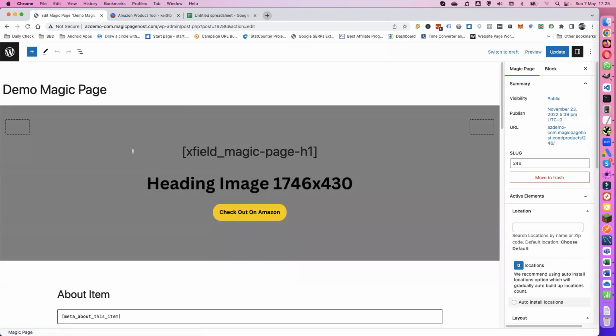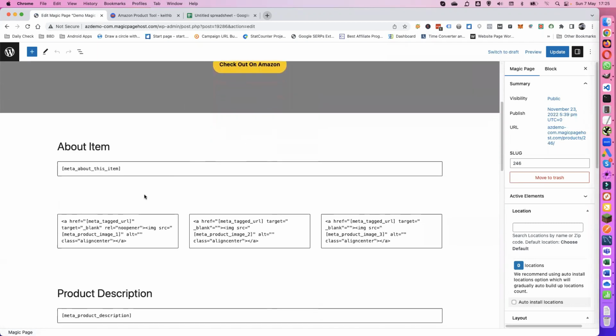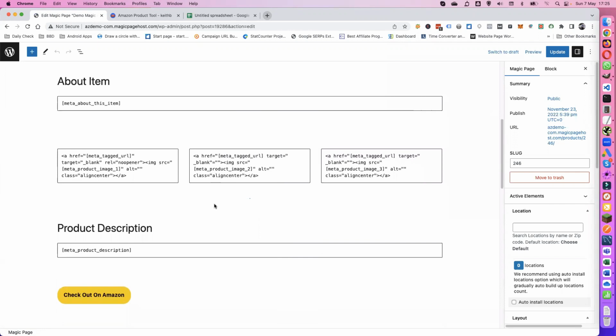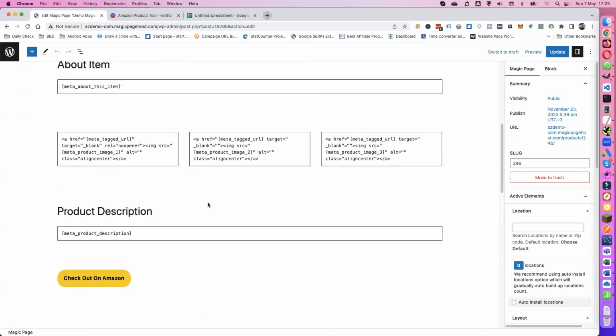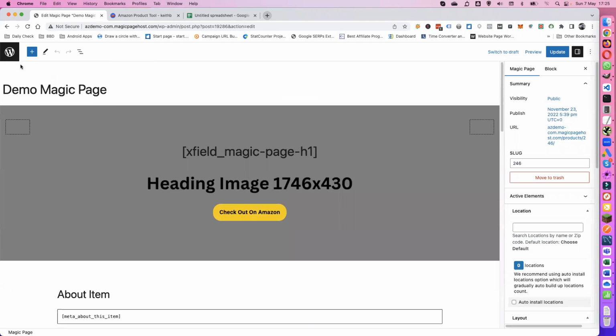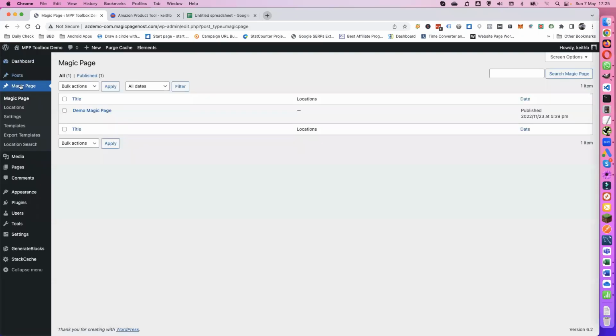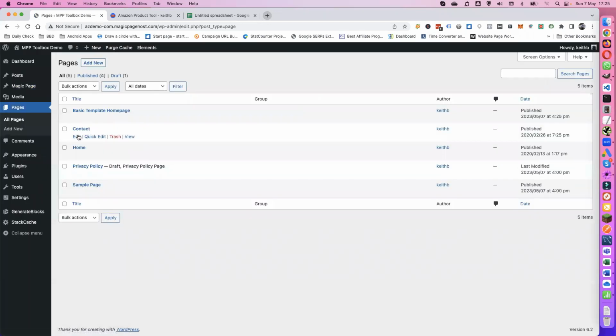you'll see what it's coming as. It's got this heading image, it's got about this item, and it's got all the details there ready for when you actually import stuff in from your database. And then if we come out and we go to pages, all pages, we've got contact, a home, obviously the privacy policy and sample already there,